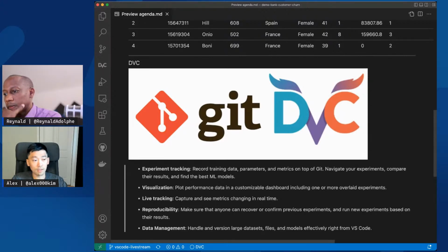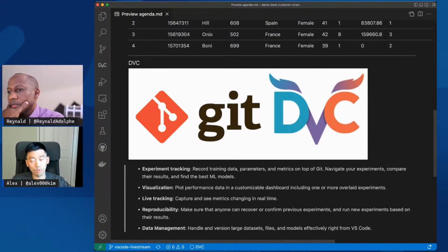And data constantly changes, right? In any business, you have more data coming in and you frequently retrain the model. So you need to be able to keep track of the data sets that you're working with. On top of that, we have different algorithms, their configurations and hyperparameters. So basically, all of that is important: the code itself, the algorithm that we're using, the data versions, and everything. With DVC, it allows you to version all of that.